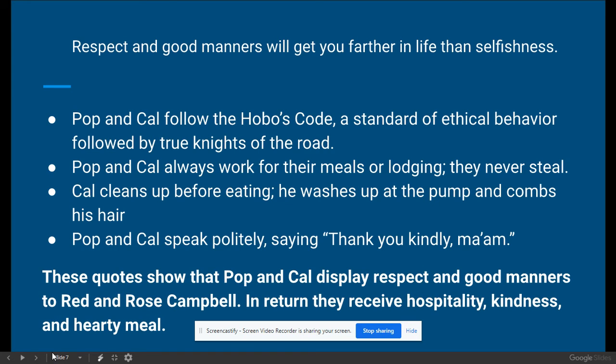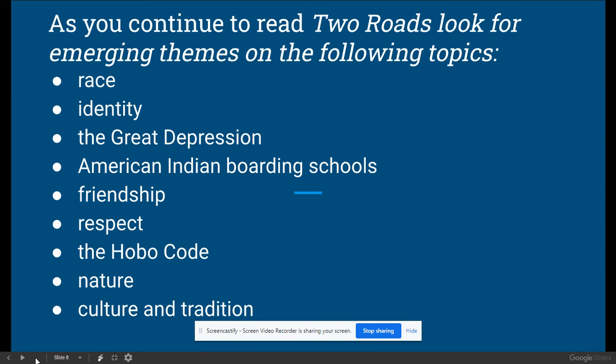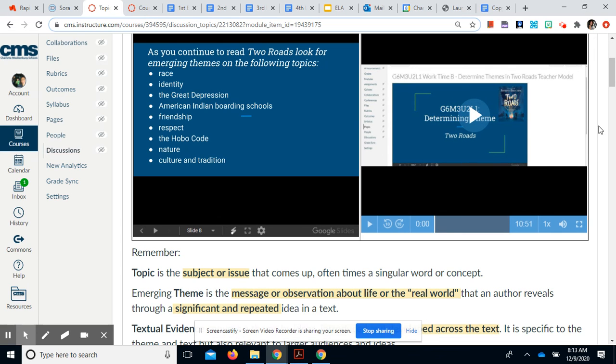All right, so those quotes show that Pop and Cal display respect and good manners to Red and Rose Campbell. In return, they receive hospitality, kindness, and a hearty meal. So it asks for us to, as we continue reading 2 Roads, to look for emerging themes on the topics that were listed: race, identity, the Great Depression, American Indian boarding schools, friendship, respect, the Hobo Code, nature, culture, and tradition. So the assignment for this part of the lesson